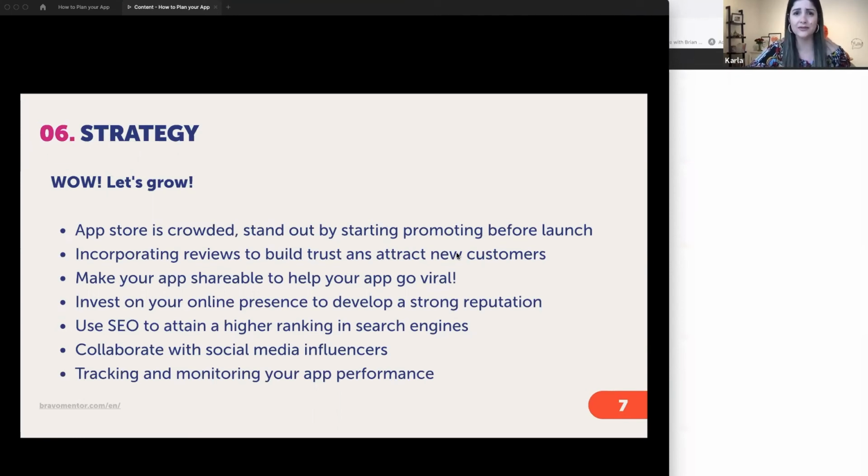The App Store is crowded, like Google Play or App Store, both of them are crowded. To stand out there, promoting it before launch will be great for you. If you have an idea that you think will work, if you create a mid-fidelity prototype or a high-fidelity prototype before you launch it or put functionality into it, if you create a landing page and add there what will be possible when you publish it,